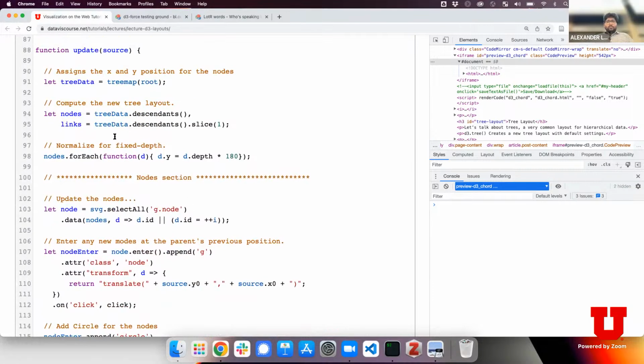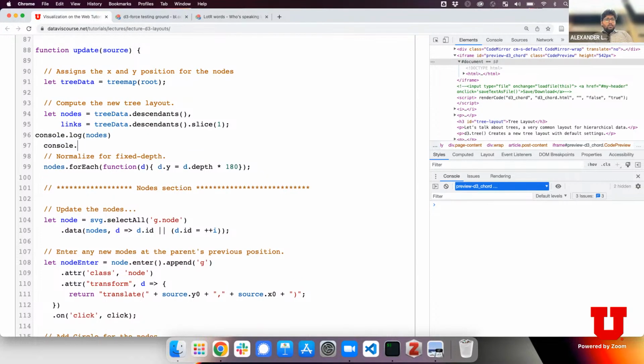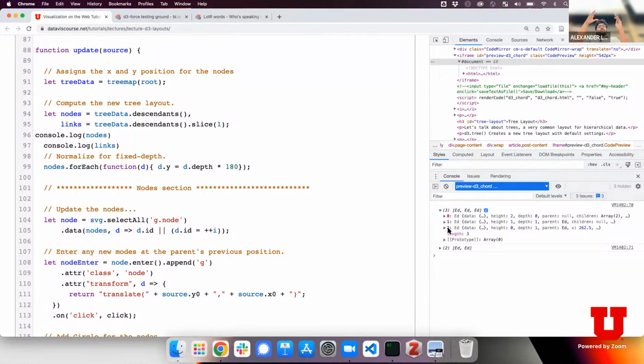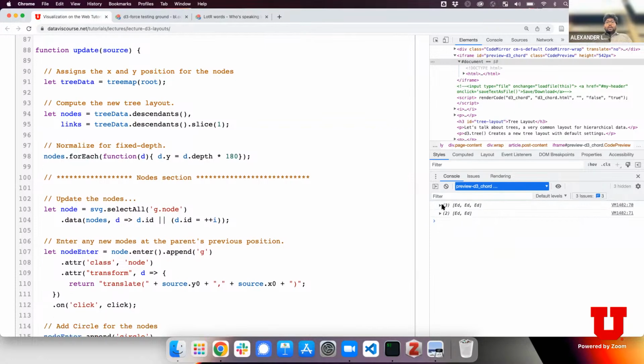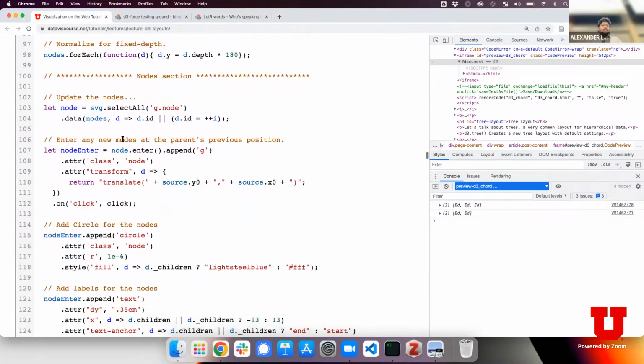And actually, before that, let's log how the nodes and links look. You can see the nodes are essentially the list of our 3 nodes from our data structure. The dot descendants flattened all the nodes for us in a list. And the edges just ignore the first element because we used dot slice. Okay, so now that we have these two arrays, we use the D3 syntax to bind the data,